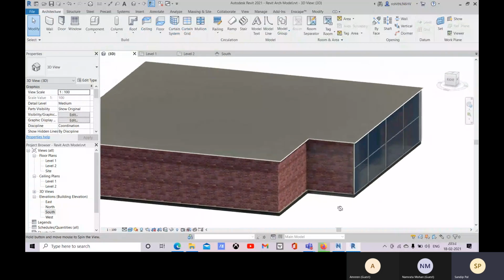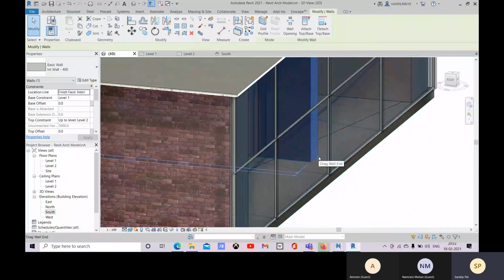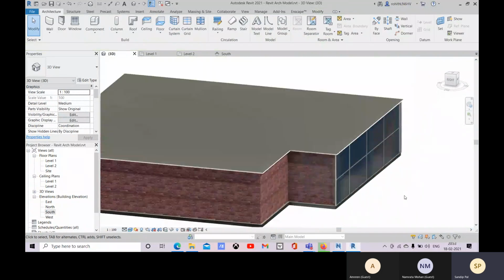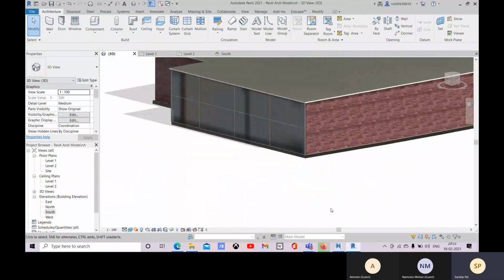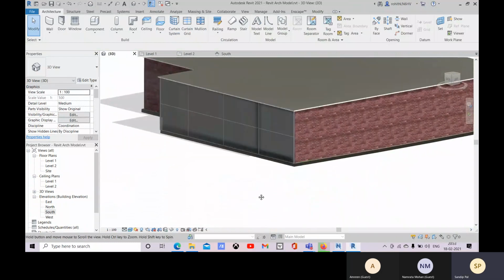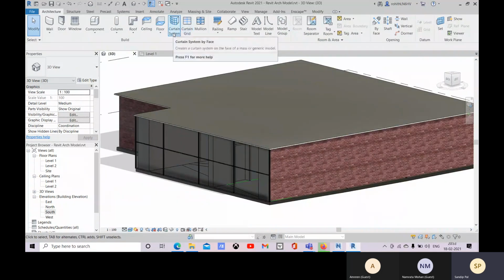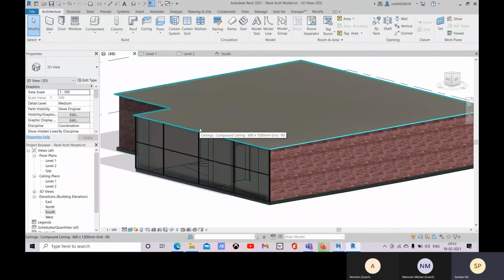All right, so you should extend this wall also up to this. Okay, so this is how we will do it. So this is about your curtain system, curtain grid, your mullion, placing your floor, placing your ceiling.